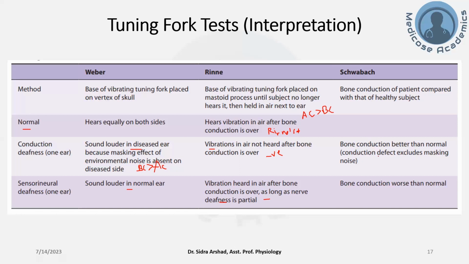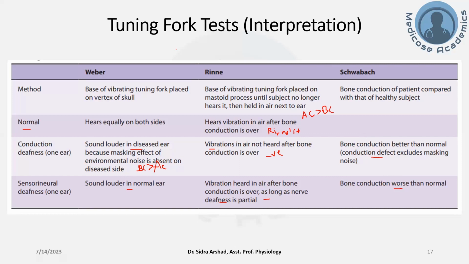If the patient cannot hear for a long time, and he hears it for even a shorter time than the examiner, then it means that his bone conduction is even worse than normal. That means that he is not actually able to perceive the sound. The problem must be at the level of the sensory receptor or in the auditory pathway, which indicates sensory neural type of hearing loss. So these are the tuning fork tests which can be used to differentiate between conductive deafness